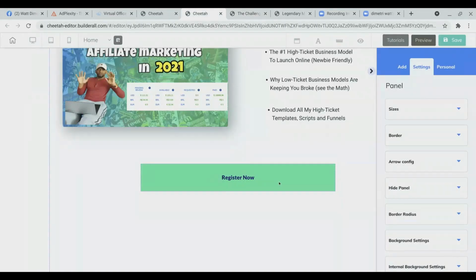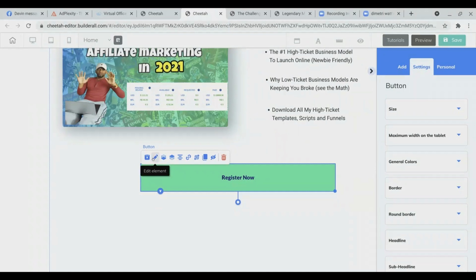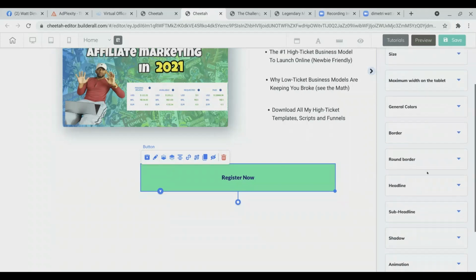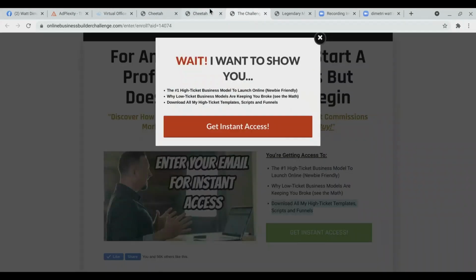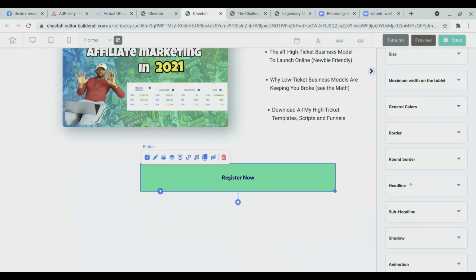To do that, guys, the first thing we have to do is click on the button, and look for this little thing here that says edit element, this little pencil. Click on it. The first thing we're going to change is the headline. The headline they have there is "get instant access." So we're going to click there and change the headline to